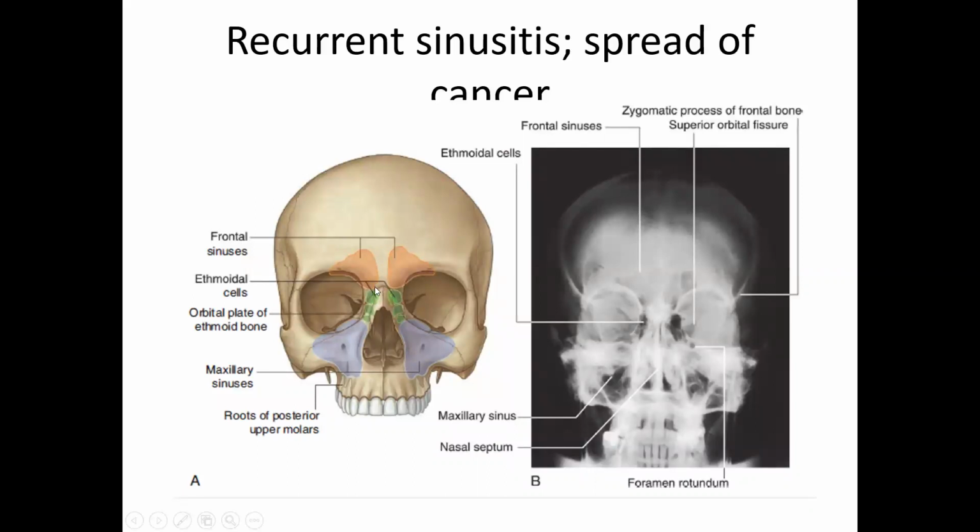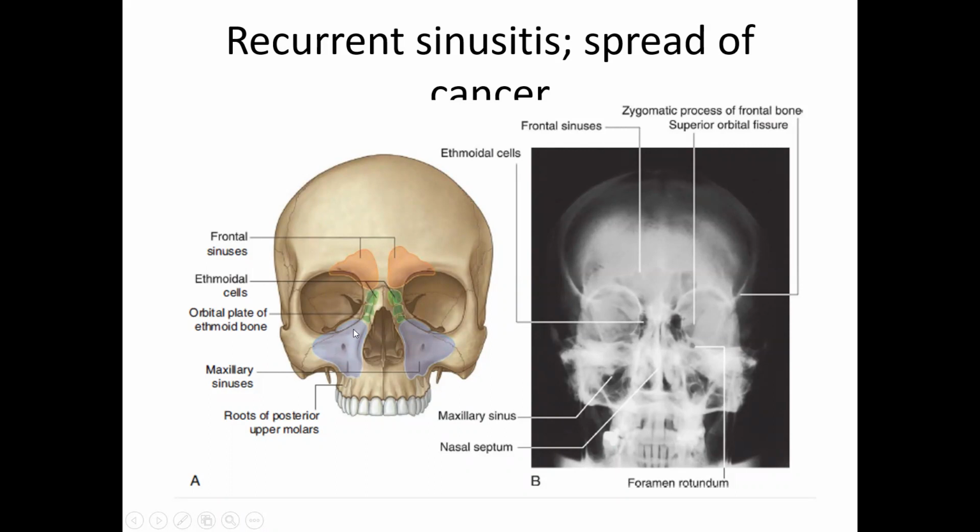We described this earlier also, but let us revise this. The frontal air sinuses are 2 sinuses just above and medial to the orbital margin. The green colored ethmoidal air cells, multiple air cells, are medial to the orbit. Maxillary air sinus forms the floor of the orbit, forms the roof of the oral cavity, and forms the lateral wall of the nose. That's a large sinus, maxillary air sinus. And what you can't see in this field is the depth, is the sphenoidal air sinus.